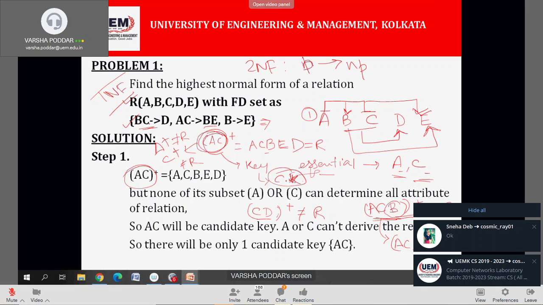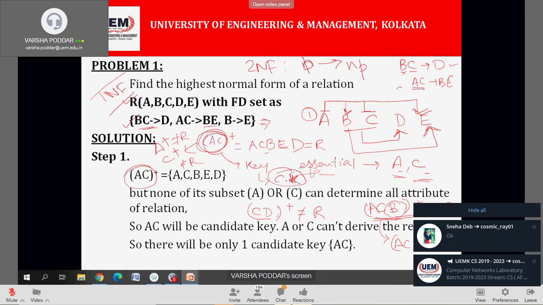So see the first one. I am writing it here at the corner. Okay. BC to D. B and C, are they prime attributes? No. C is a prime attribute, B is not. So this particular relation does not fall under this category. Prime to non-prime determination is not there. AC to BE.